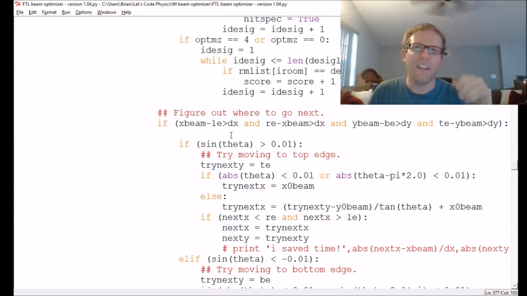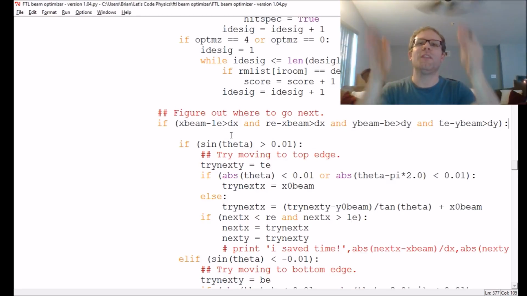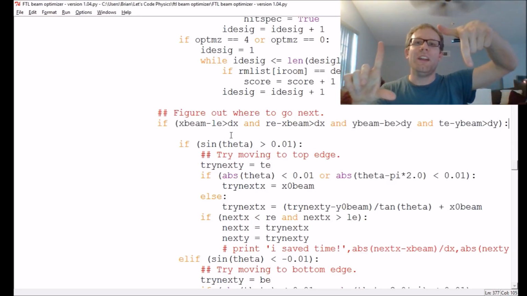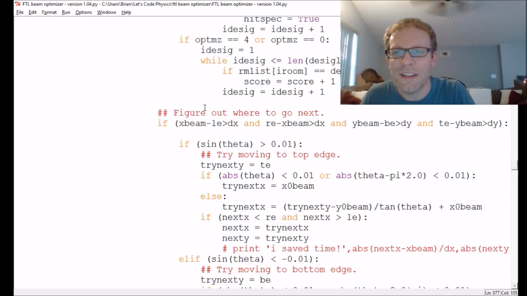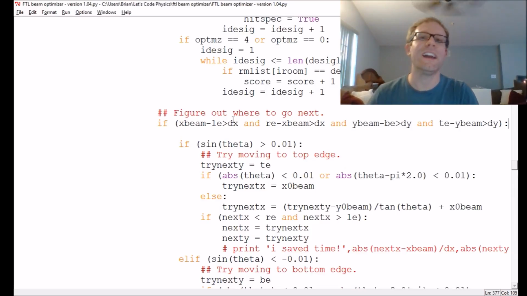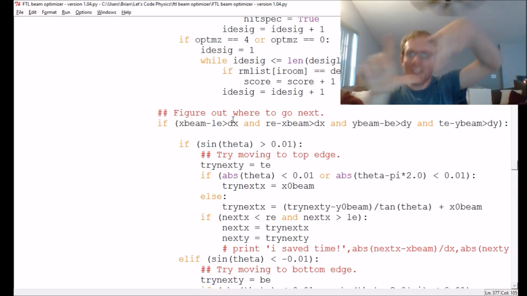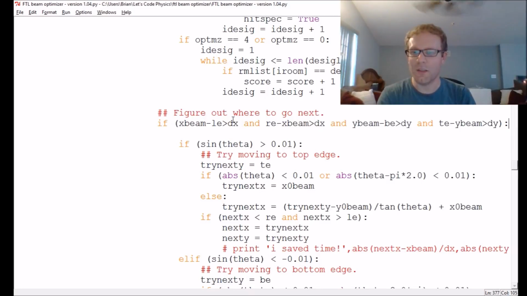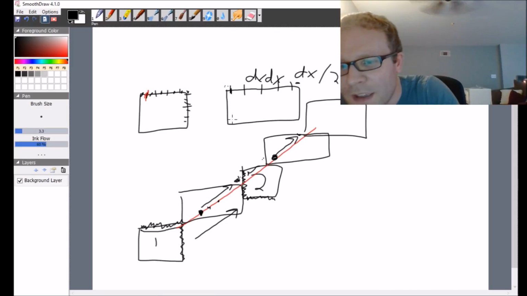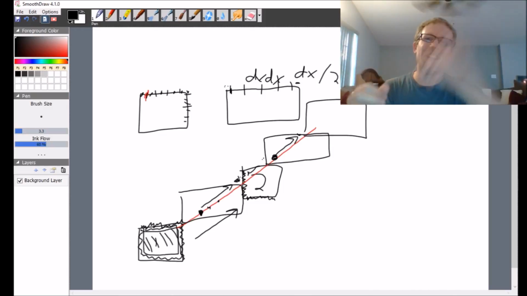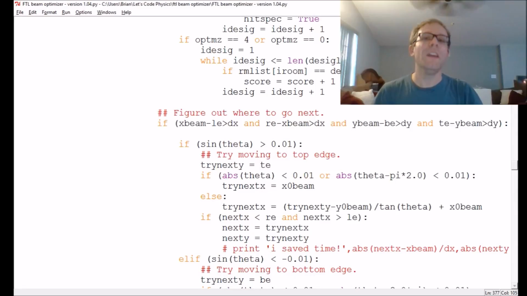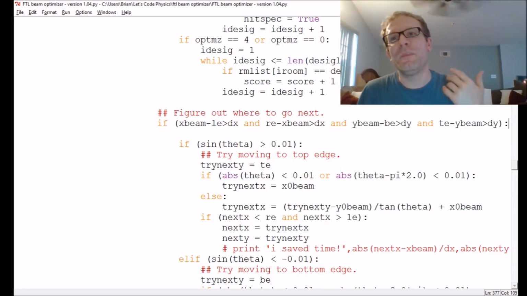So I found there was a little bit of a glitch if I only checked if it was inside the room. What I really need to do is check it within a little bit inside the room. So that's why it's xb minus left edge is greater than dx. So if it's more than dx away from the edge, that's basically what that means. So we're considering points that are inside this region. We're not considering points that are in this border around here, because then it's a little too iffy to tell whether it should jump along or not. In particular, it messed up Miklos's